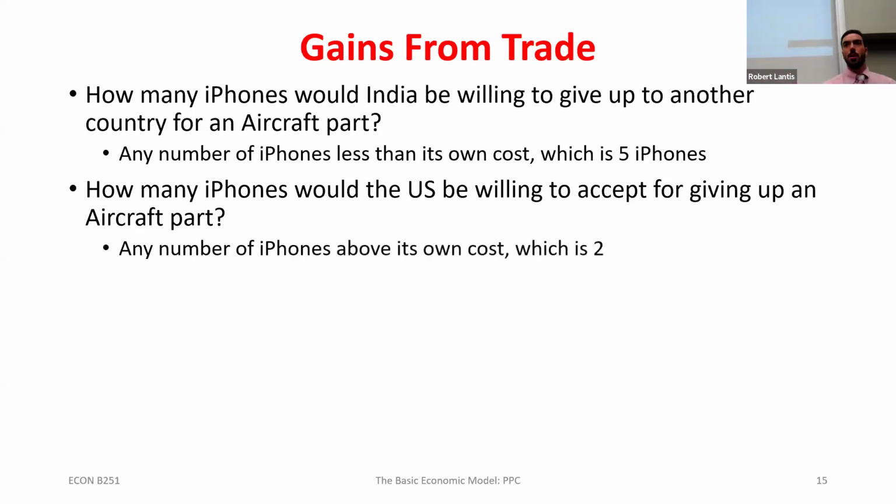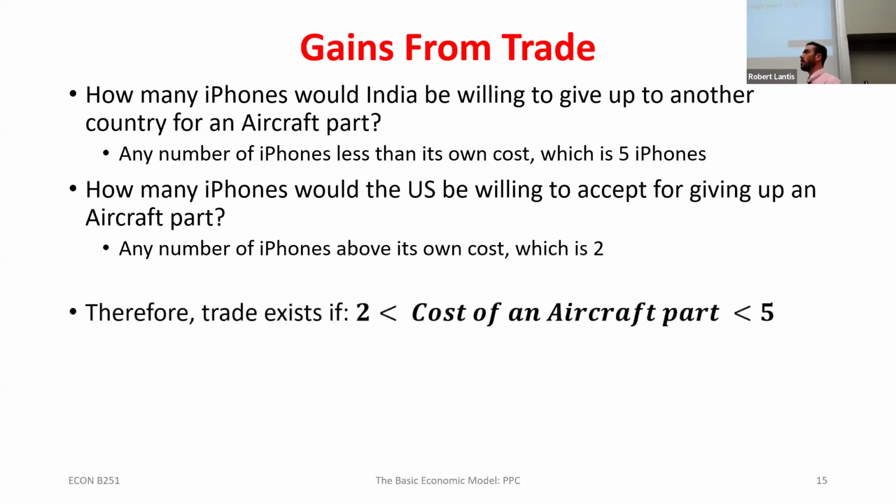Okay? So they're okay with any terms of trade above 2, right? Because now they're getting back more iPhones than if they produce it themselves. So our terms of trade will always be in between the 2 costs of the 2 different countries, or 2 different individuals or companies, depending on the specific problem we're looking at. But whatever the 2 individuals' costs are, with terms of trade anywhere in that range, they're both going to be better off, right? Because now India is having to give up fewer iPhones